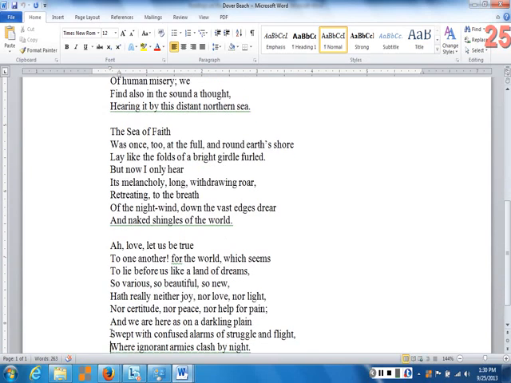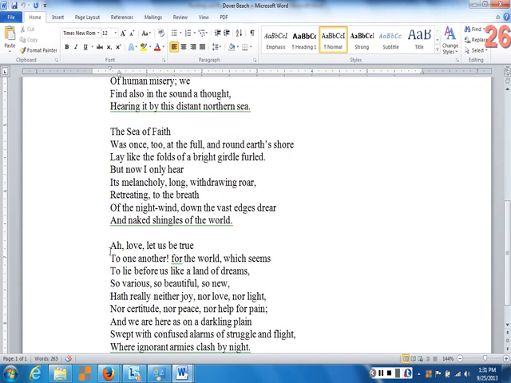Ah, love. Okay? It seems as though he's back talking to that person he was with in the first stanza. And this person is a love of some kind, perhaps his sweetheart, perhaps his wife. We don't know exactly, but he's referring to somebody as his love. The common use of that word love in that context is to refer to a lover or a sweetheart or a wife or a husband or a partner. Somebody that you love.